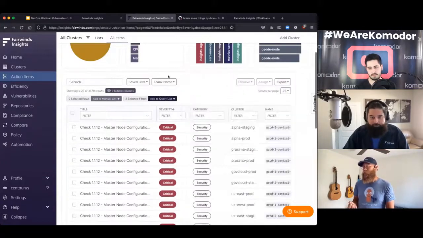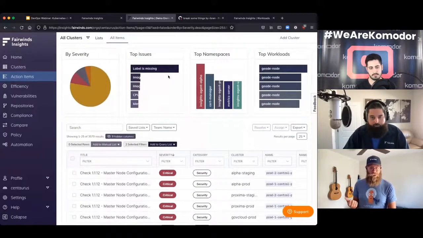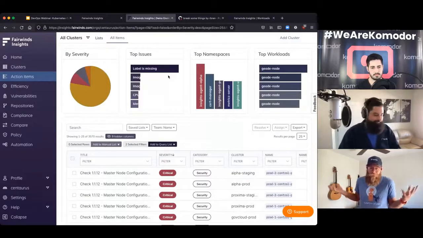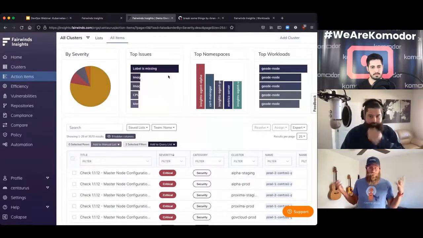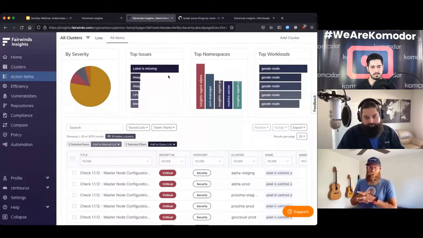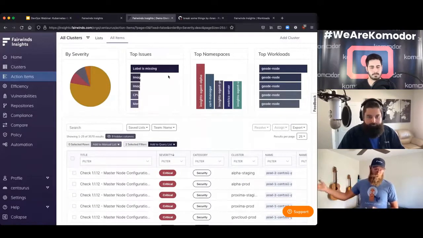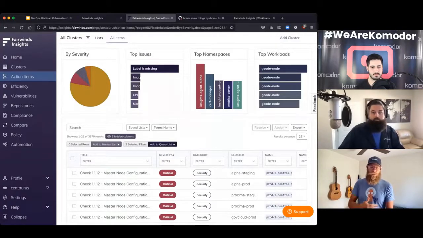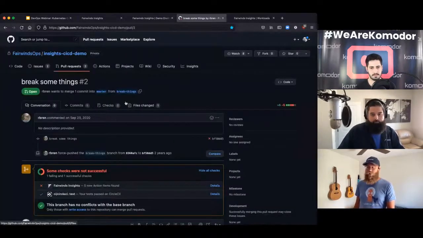Now, if you wait until there's a whole bunch of issues running in your cluster, you've waited too long. And platform administrators, system administrators are like, I don't want a gigantic list of all the things I did wrong. That's terrible. That's just going to cause me stress knowing that there's a million things that aren't working. So we've shifted this left into the development and deployment workflow so that developers who are in a service ownership environment can own the things that they're deploying into Kubernetes, see what they've configured incorrectly, and fix them before they're deployed. So you can integrate this at CI or at the admission controller level.